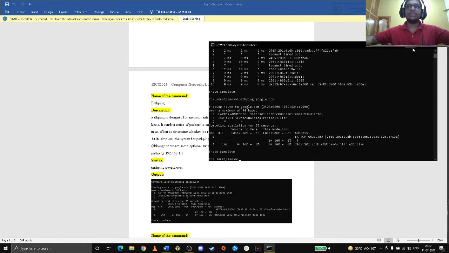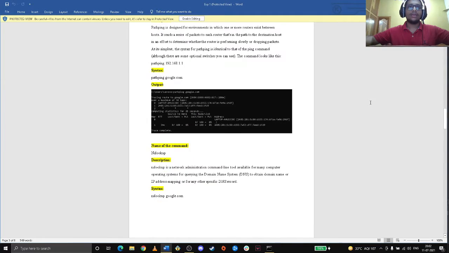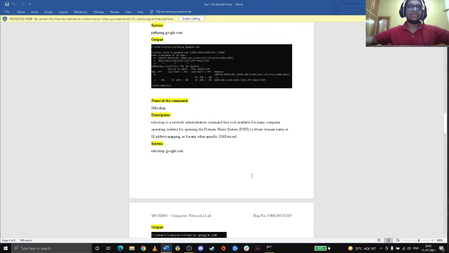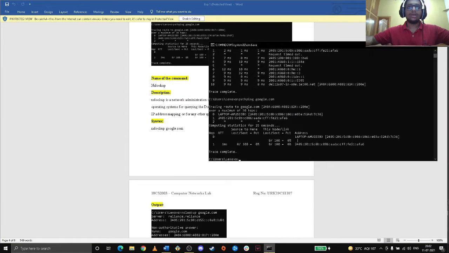So now we'll go to another command, that is nslookup. Basically, nslookup is a network administration command line tool available for many computer operating systems for querying the domain name system to obtain domain name or IP address mapping, or for any other specific DNS record. So we'll go to the command prompt and write nslookup